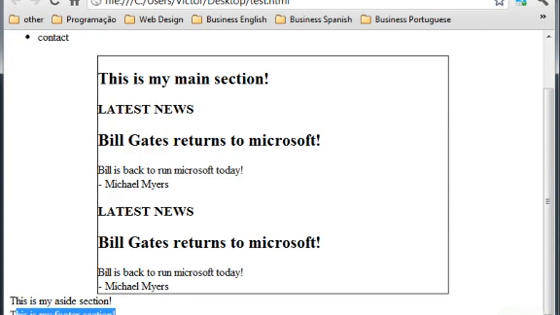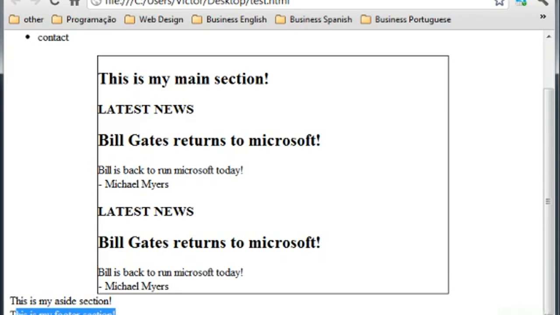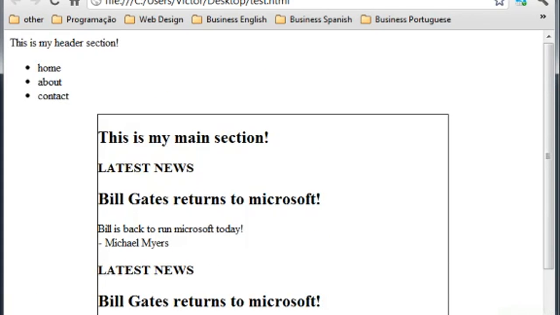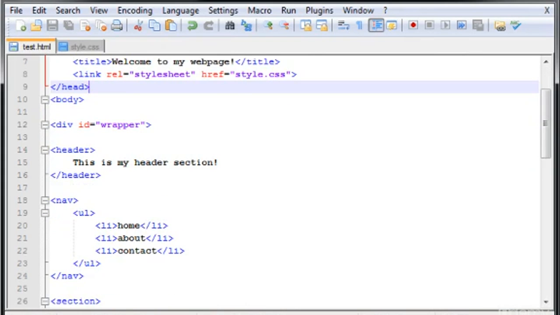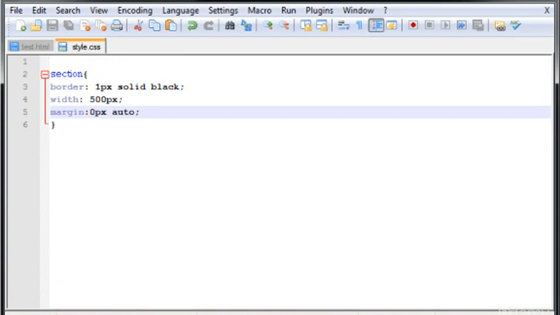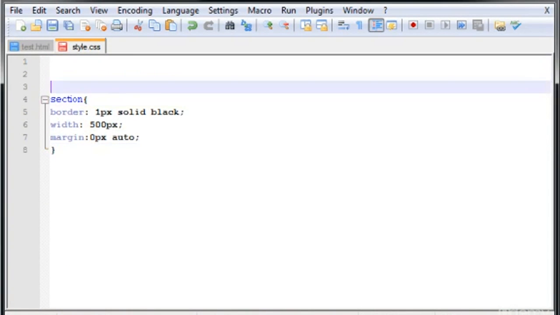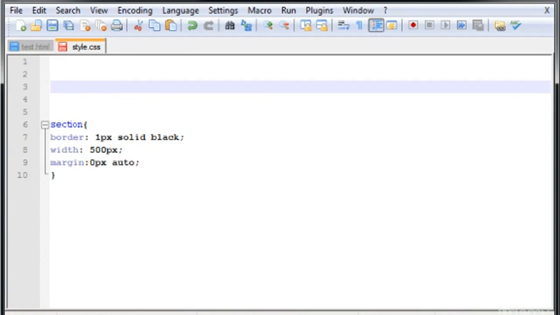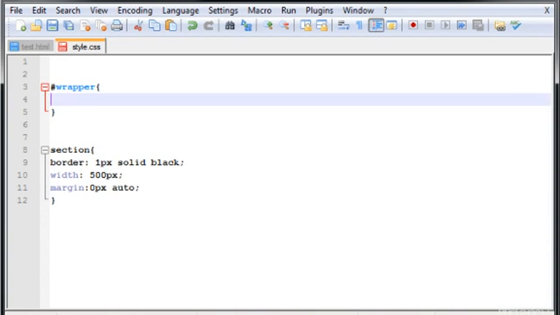But before we give properties to that, I wanna wrap it up, okay, all this, so we can center all the page or all the sections at the same time. So let me just go here, and here let's type the ID wrapper, and here let's give it a